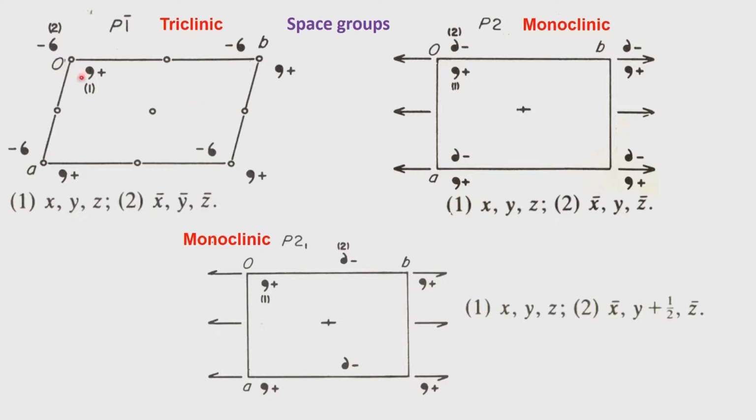Now, let us look at a situation where this object associates itself with the center of symmetry. Obviously, if it associates itself with the center of symmetry, it cannot take the form of a comma. Even if it takes the shape of a comma, the comma has to be overlapping with each other. That means, this image and that image will overlap at that point. Half of the image of 1 and half of the image of 2 will overlap to generate the object.